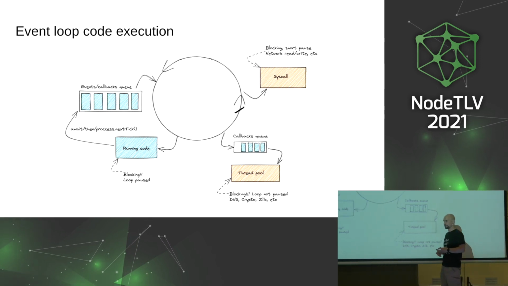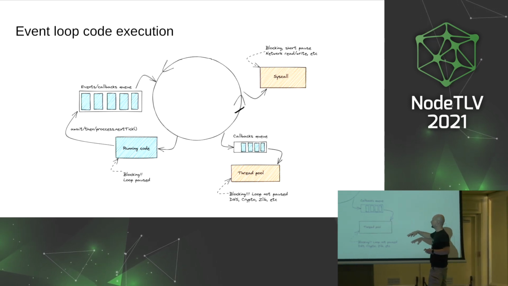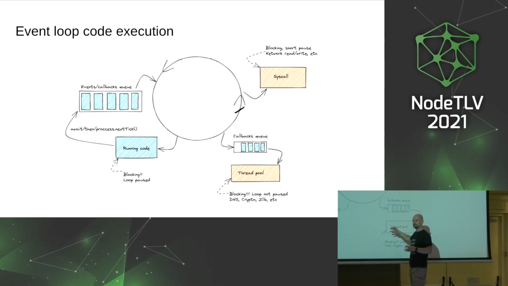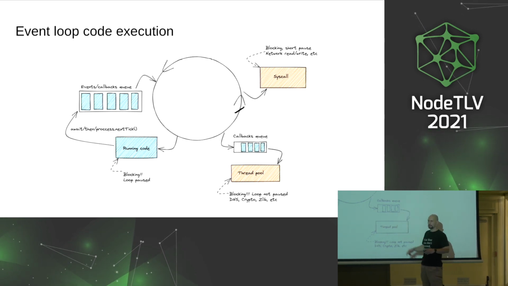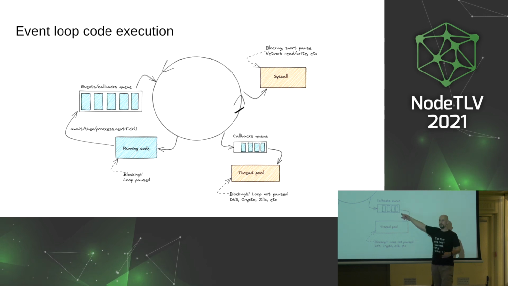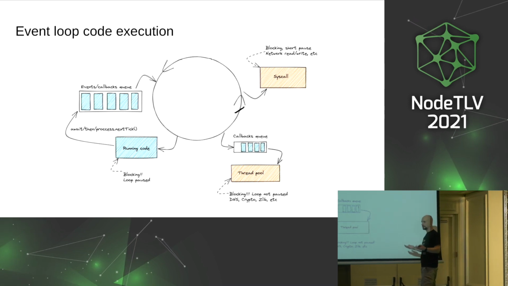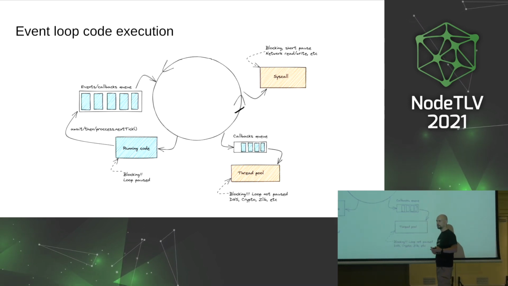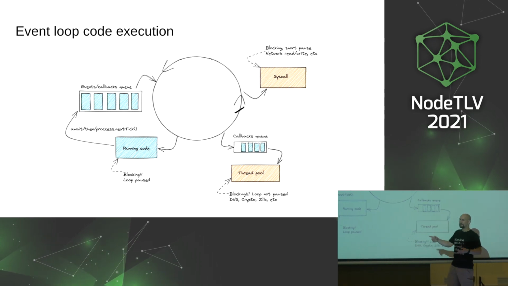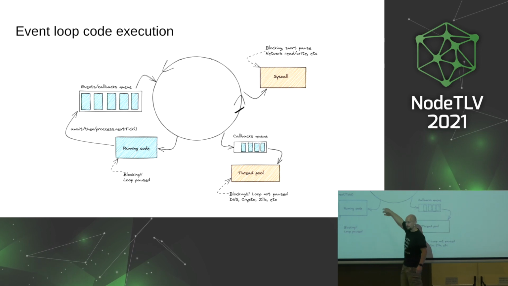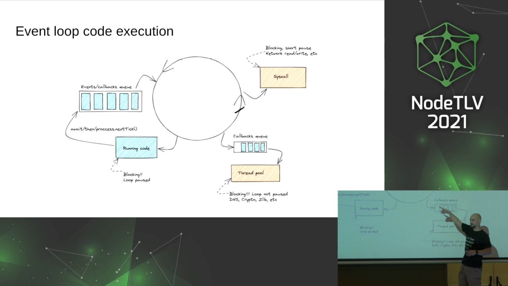You can measure it, it's very easy. On older versions of Node, you had to measure it using a timer, but nowadays, I'm going to show this in a bit, there's a performance API which actually provides this kind of metrics, and you can observe the lag by yourself, okay? And similarly, when you send something to workers or to the thread pool, there's a callback queue between the event loop and the thread pool. And again, there's lag associated with that queue as well. It's going to take some time, you're going to have some latency. How much? Again, depends on how busy the thread pool is, or in other words, the utilization of the thread pool and the event loop.